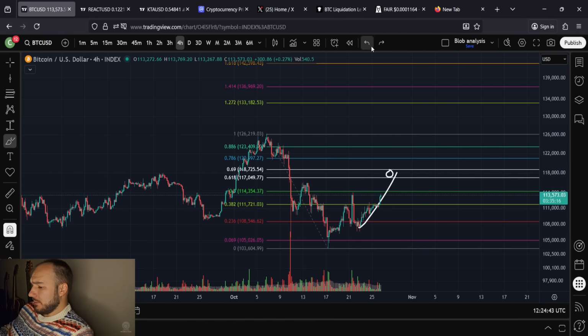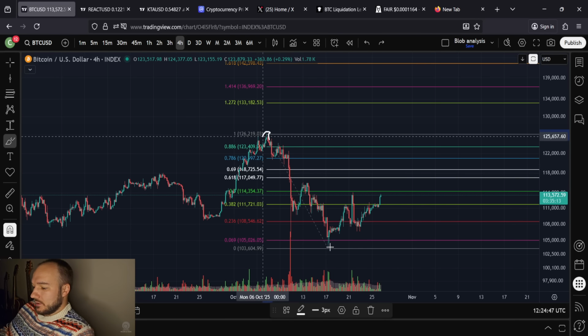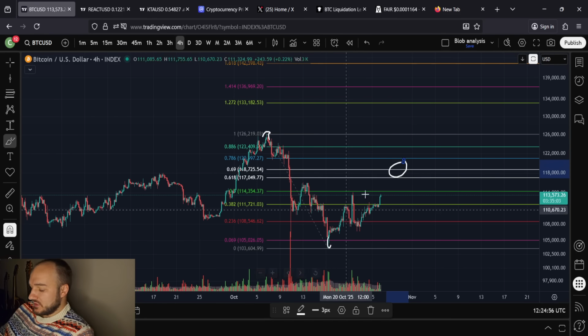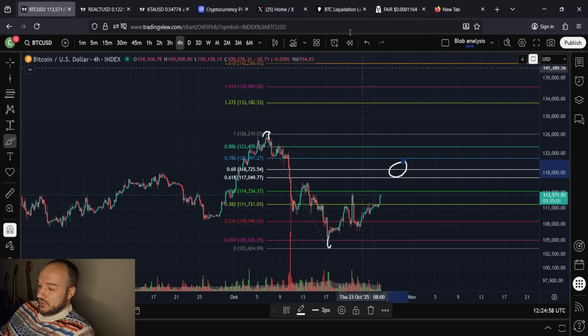It's actually very common. This would be the first interaction, right, from a high to a low. This is the first interaction with the golden ratio. We haven't been up here, right? We got close back here, but not after the low. This is after the low. Since this interaction with the low here, we have not hit the golden ratio.